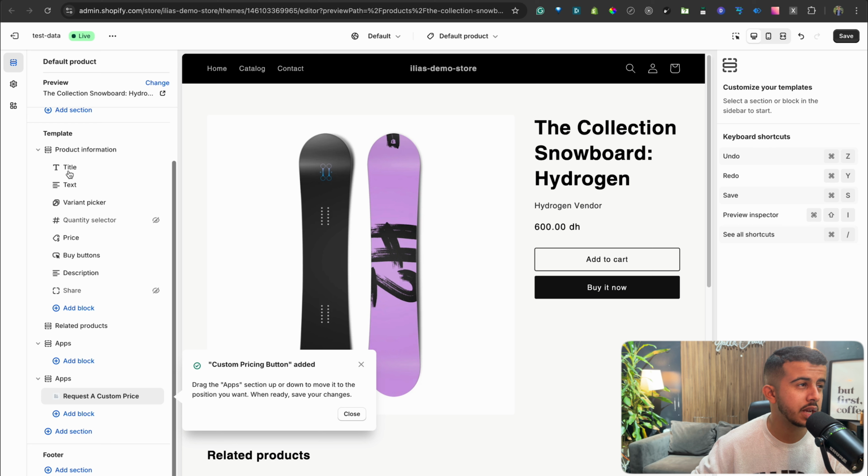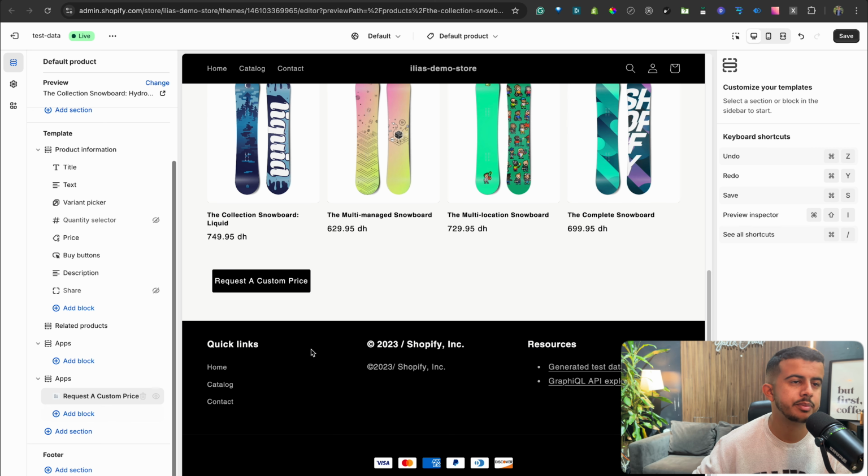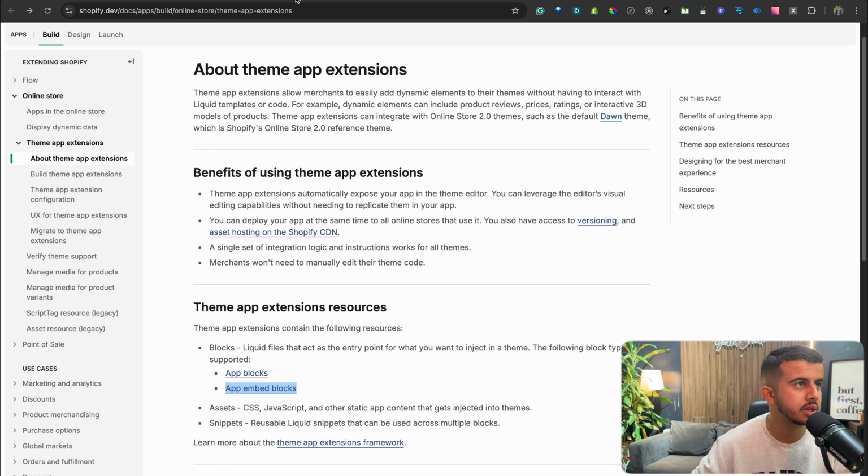But we would like to have it in the product information template section, so we can also do this, but this one has been added here, so it will be displayed here. So we can click save, we can just go back to the docs,